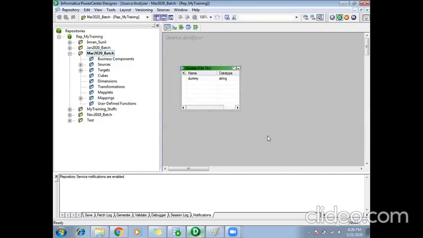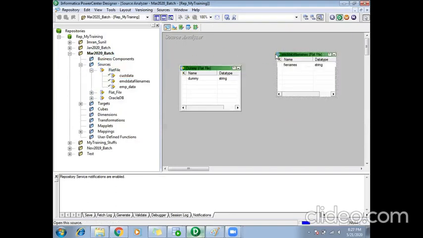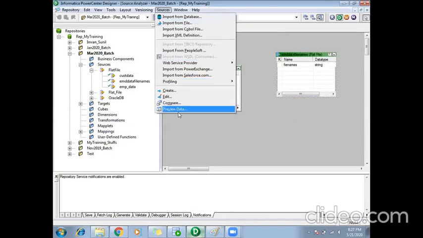So basically if I want to create any sources or modify the ports or the data types of the existing sources or add any ports, I will come to my source analyzer, drag and drop my respective source and change it. Or if I want to create a new one, I will import from a file or database or create it manually.